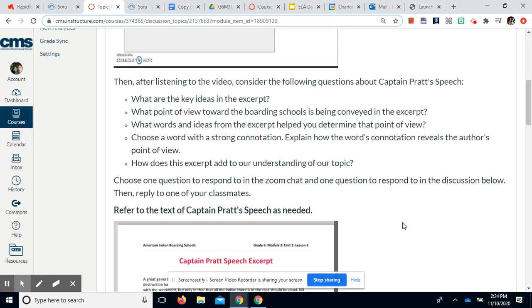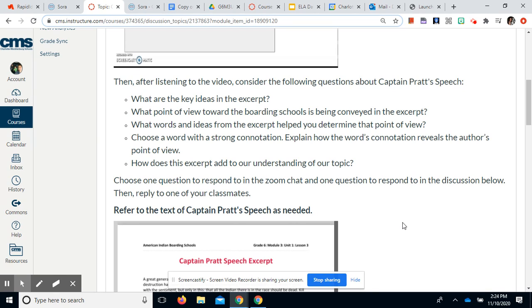So after you have watched the video, what are the key ideas in the excerpt? What point of view toward the boarding schools is being conveyed in the excerpt? What words and ideas from the excerpt help you determine that point of view? Choose a word with a strong connotation. Explain how the word's connotation reveals the author's point of view,